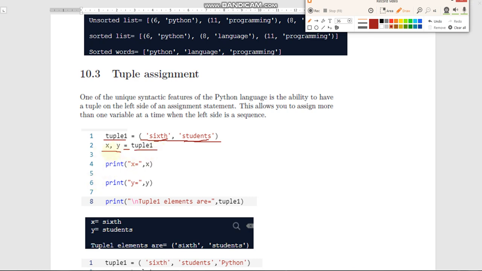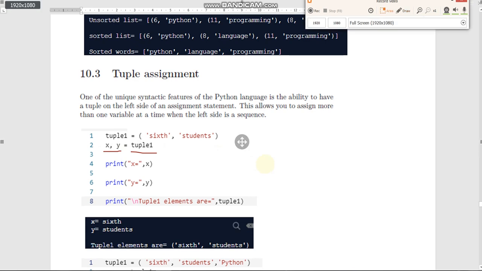From this tuple 1, the first element of tuple 1 is assigned to the first variable, and the second element of tuple 1 is assigned to the second variable. Then we print the value of the first variable x and the value of the second variable. So we get x is equal to the first element of the tuple, that is 6, and y is equal to the second element of the tuple, that is students. So this is how we can assign tuple elements to variables. That is called tuple assignment.